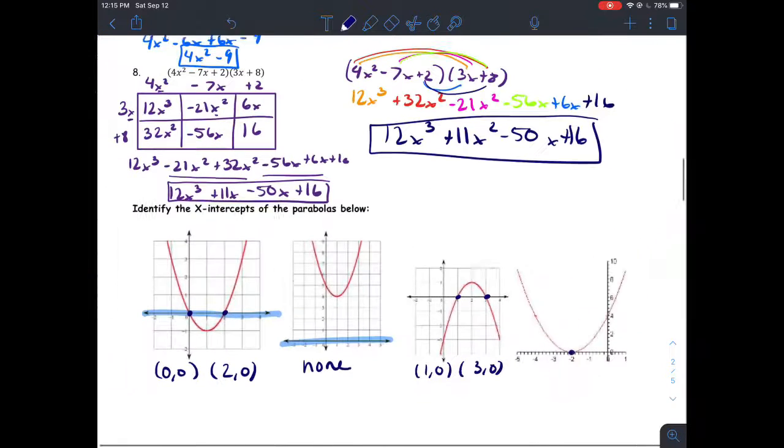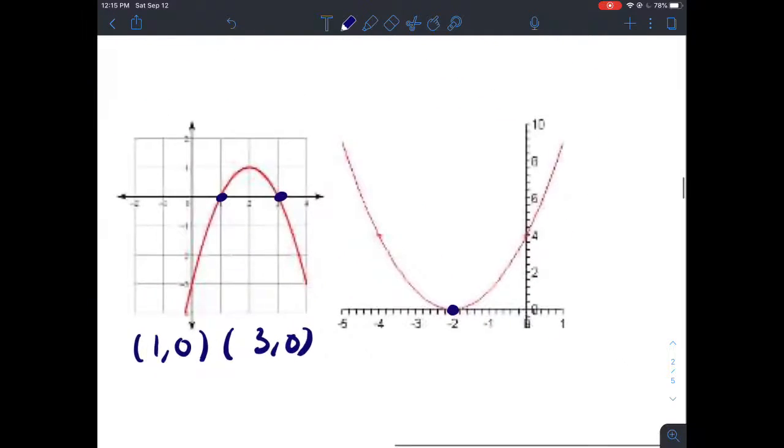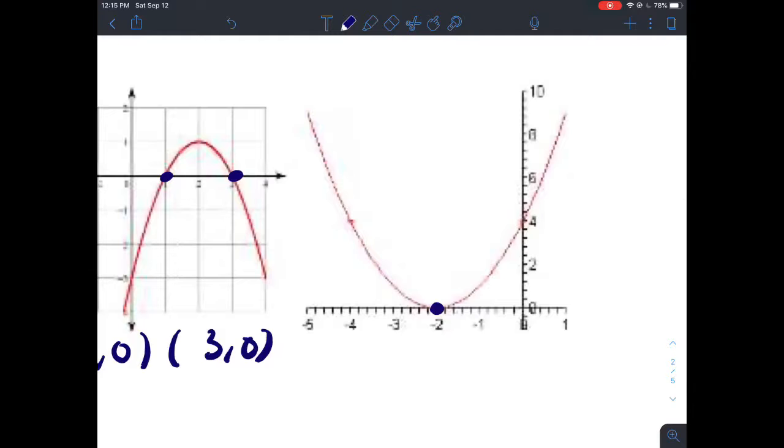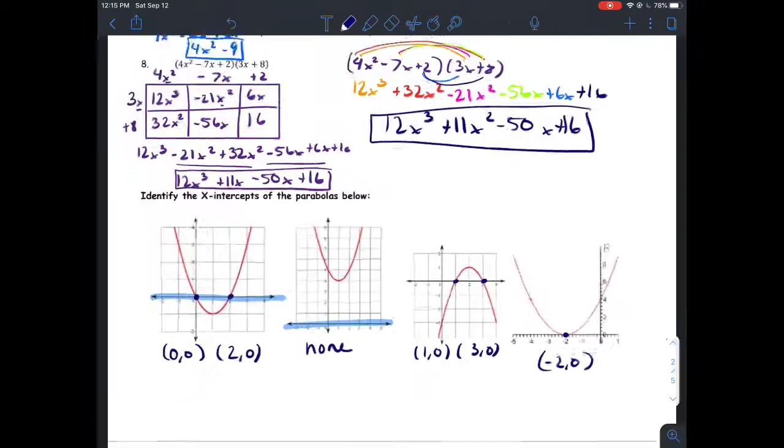Then our last guy here. This one only has one x-intercept. So when you're dealing with parabolas, you can have two x-intercepts, one x-intercept, or none. In this case, we have one x-intercept, and that's going to be at -2, 0. So basically, you have one x-intercept when the vertex is on the x-axis. Then, you know, you could either end up with two or none, depending on where the